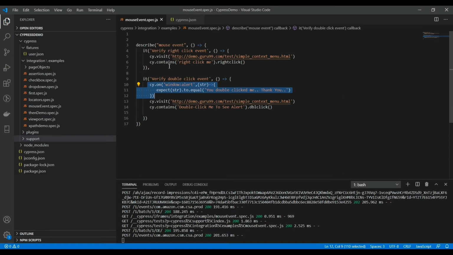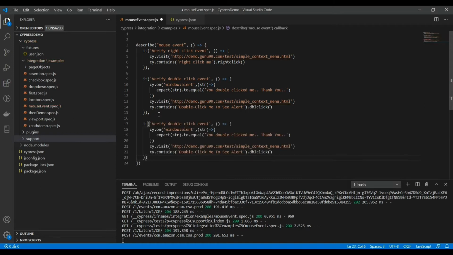Now we will cover the mouse over event, and I'll create a new it block for the mouse over event. Let me just change the title.